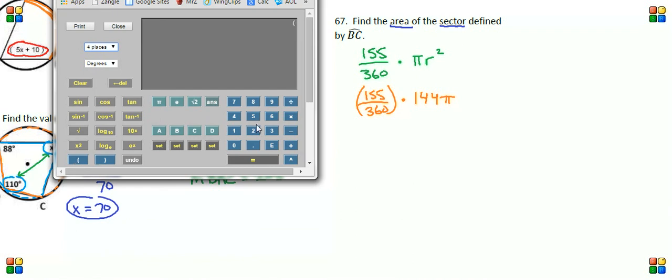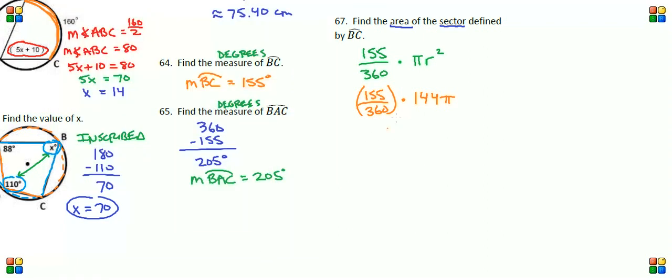Again, we've got the percent of the circle, 155 divided by 360. We're going to multiply that times 144, multiply that times pi, and we end up with 194.7787. We're going to round that to 2 decimal places. That would be 194.78. So now we're finding that the area of sector BC is going to be approximately, I'll go ahead and write this down,